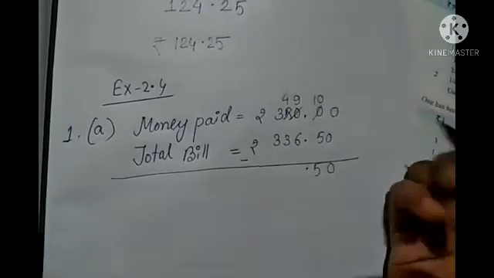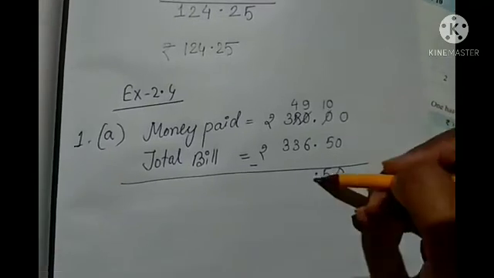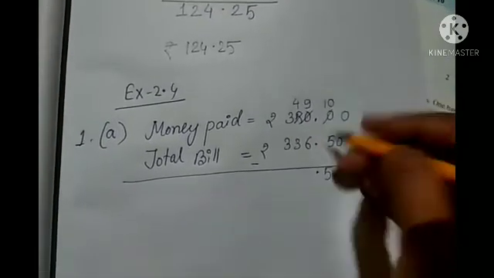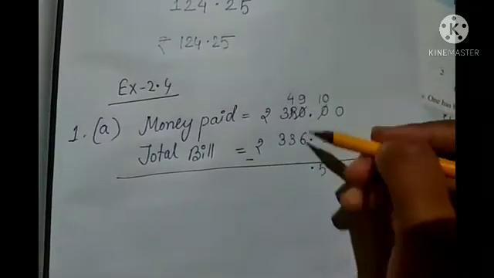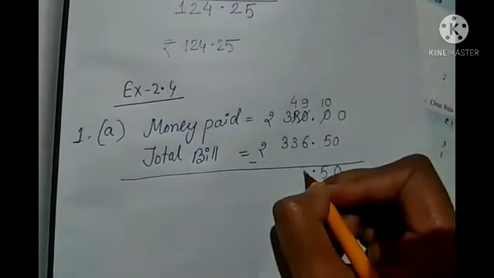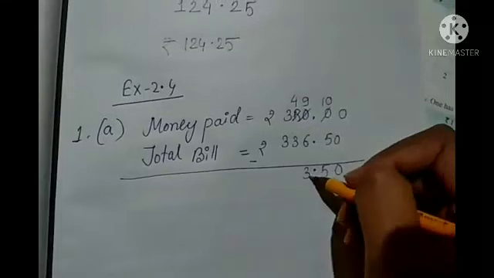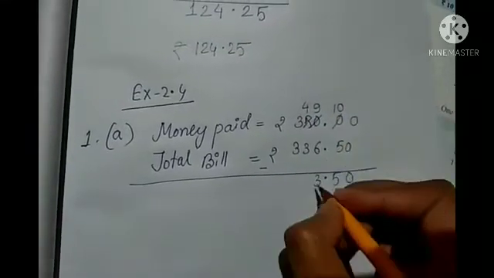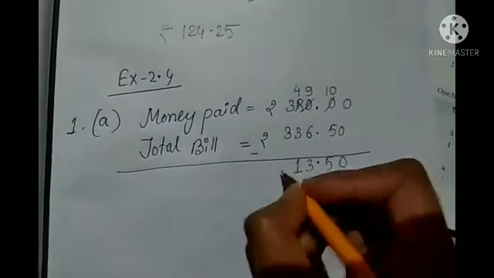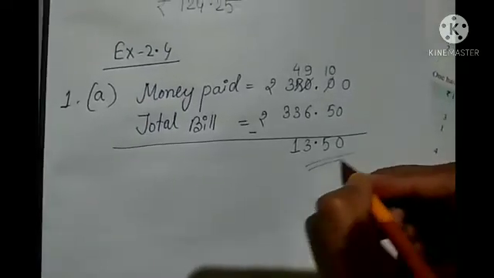Then point you have to give. Okay, make sure that you should not mess this. That means after point there should be only 2 digits. Okay, now from 9 if you subtract 6, then what will be the answer? 3, right? Because from 9 if you subtract 6 you will get 3. Now 4 minus 3 will be 1. And 3 minus 3 will be what? 0. And in the leftmost side, no need to write 0. So the answer you get is this one, right?